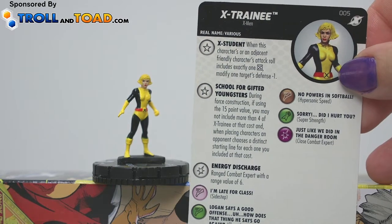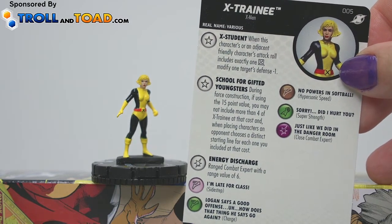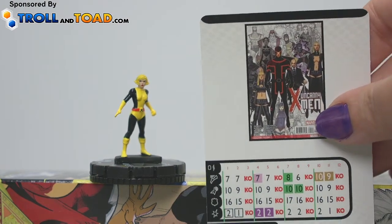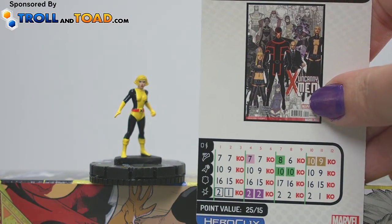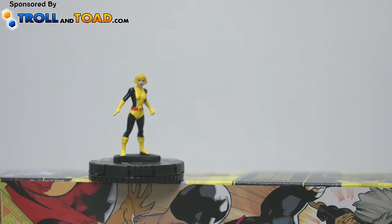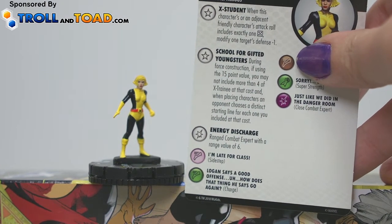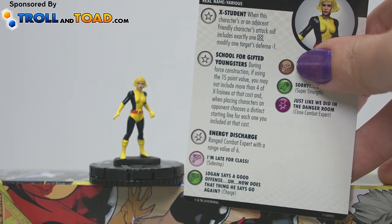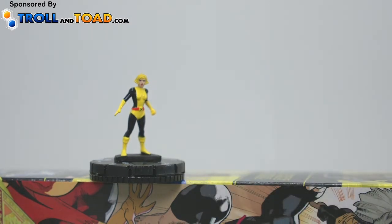There's her card. And the back. And if you read her last ability there, Logan says a good offense. How does that thing he says go again? Speaking of Logan, check out